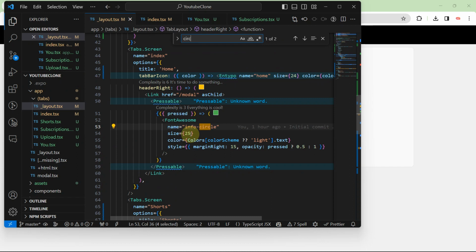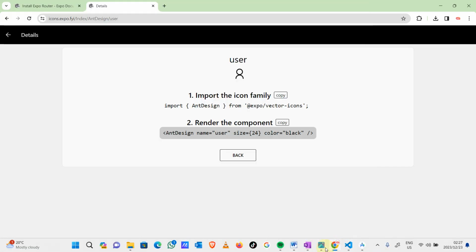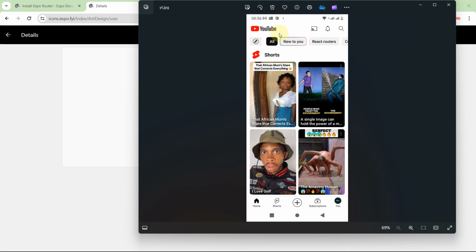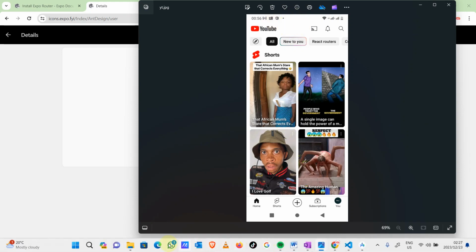Okay, guys, my YouTube has loaded. Here on YouTube, it moves with this screen. Obviously, if we are making a clone, let's do what YouTube did. But I was going to put it here so that it cannot move. Okay, so let's do what YouTube is doing. When you slide up, it moves with that one. Let's confirm that,